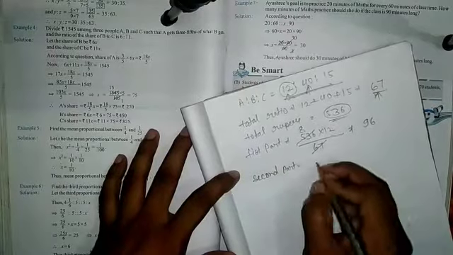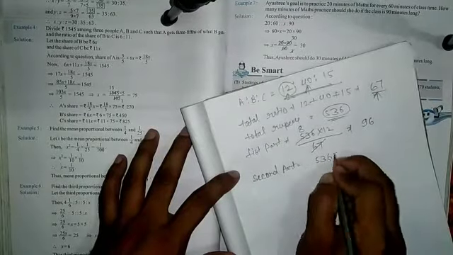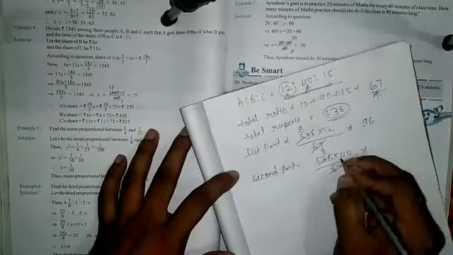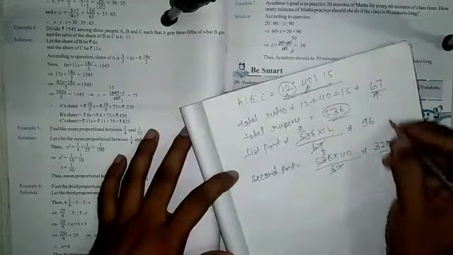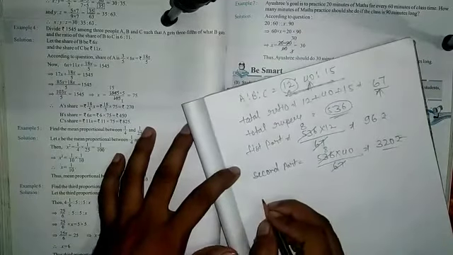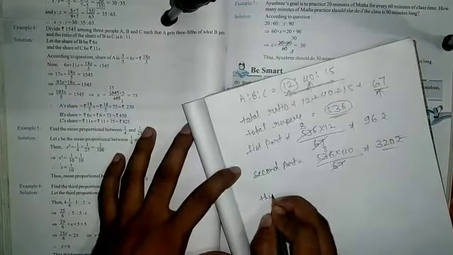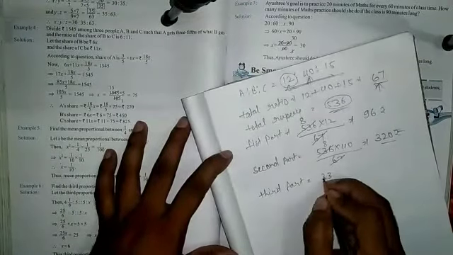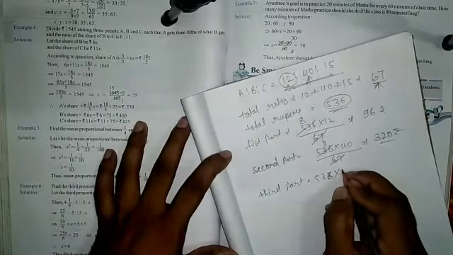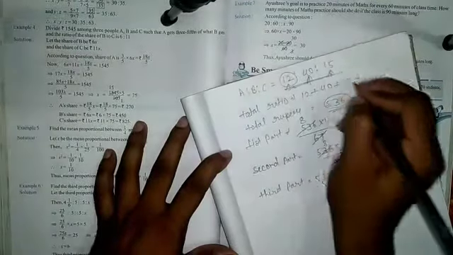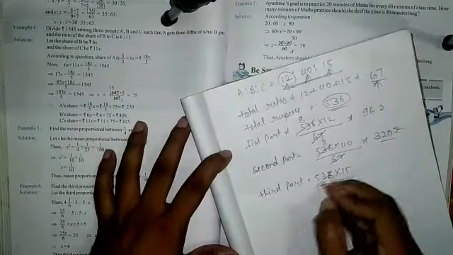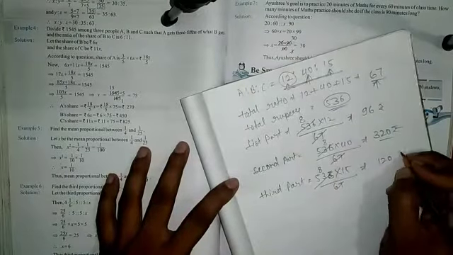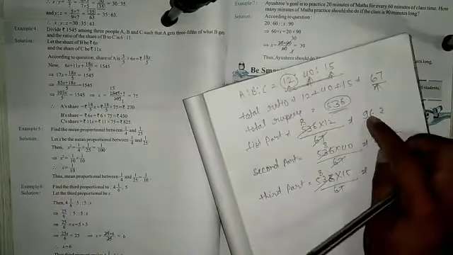Then after, the second term value, so 40, the second part equal to 536 times 40 by 67. So again divide, so 8 times, so 40 eights are 320. So this is the second term's value. And the third part equal to 536 multiplied by 15, this is the third term, then after 67. So again divide, 8 times. So 15 eights are 120.